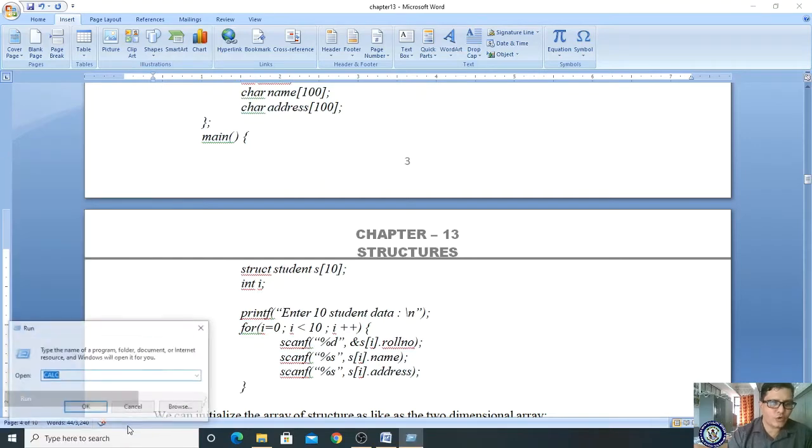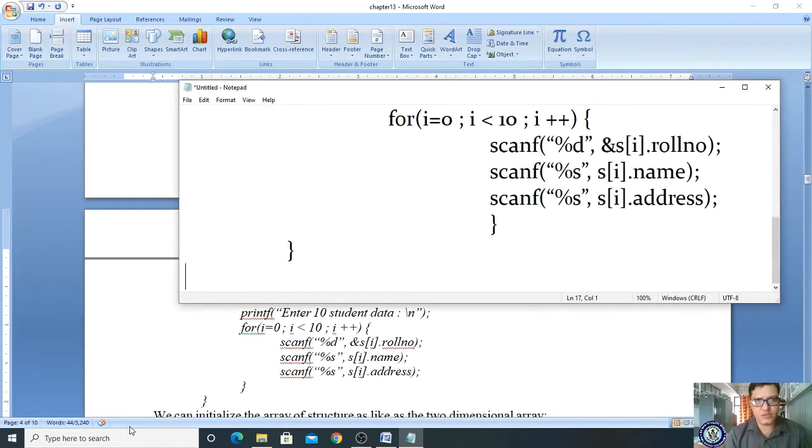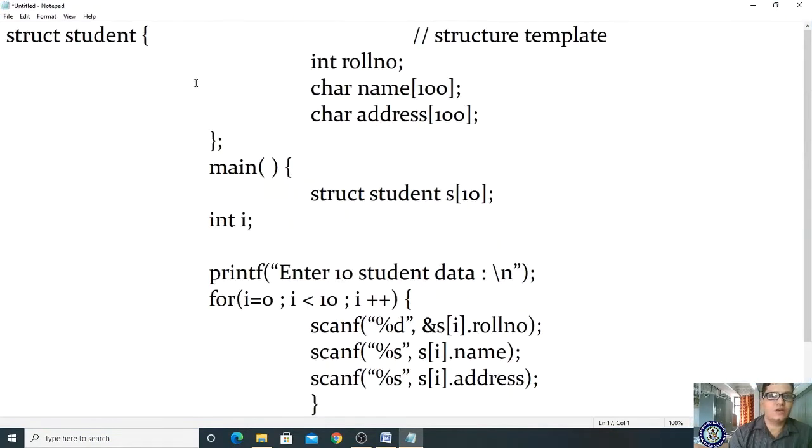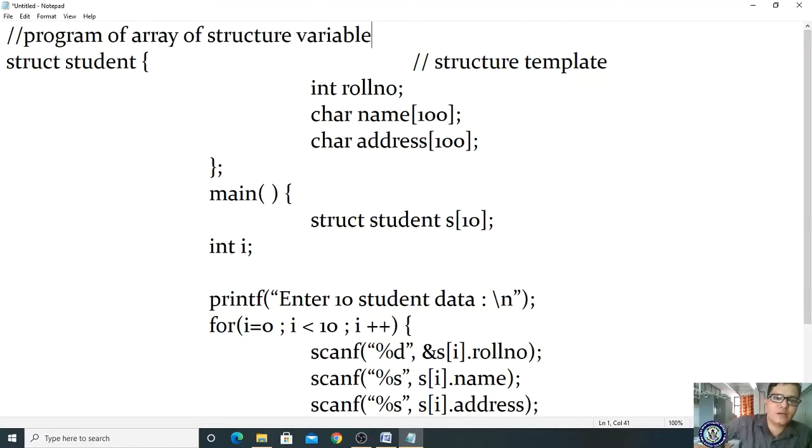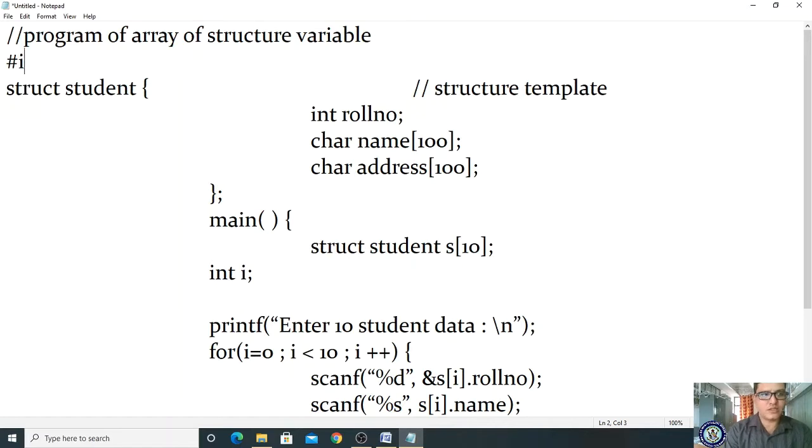Let me take a notepad, paste it, and now we'll see what exactly we are doing, right? So this is a program of array of structure variable. We are declaring the structure variable as an array of a structure variable. Okay, yes. So now I'm writing hash include